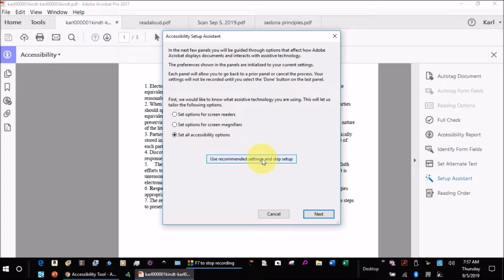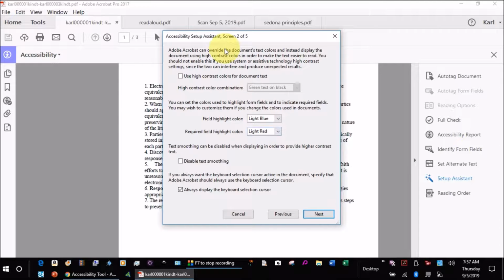You could just click here. And then you would click next. And it will come up and explain. It can override the document's text colors. Instead of displaying the document using, it'll use high contrast colors in order to make the text easier to read. You should not enable this if you use system or assistive technology high contrast settings, since the two can interfere and produce unexpected results. So obviously what this means is you have to know, if you're going through this process,